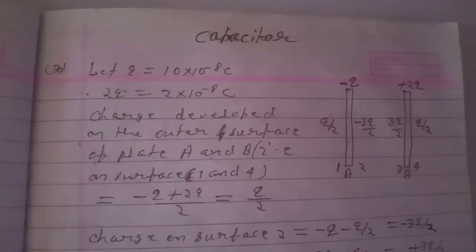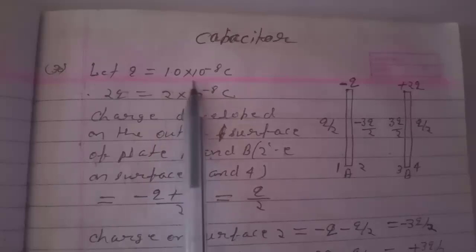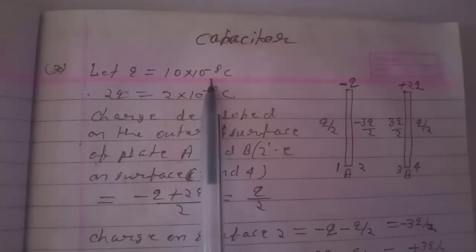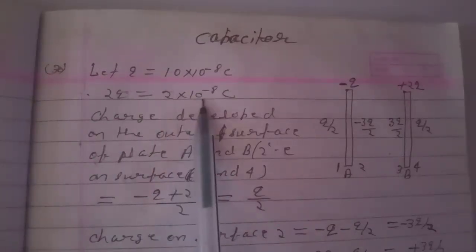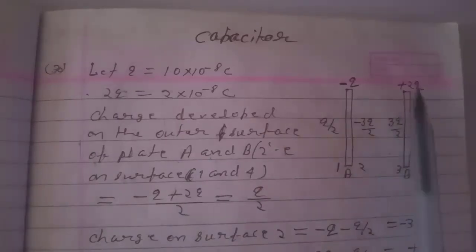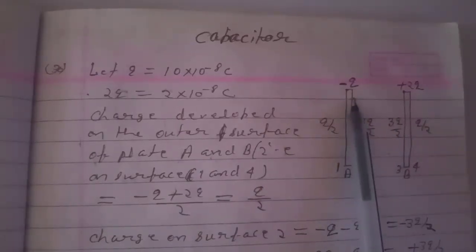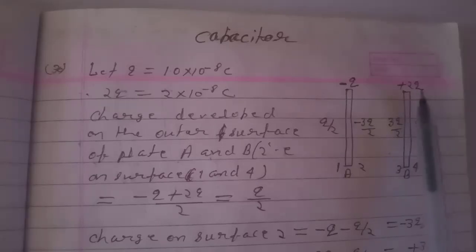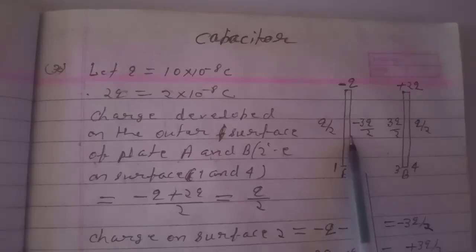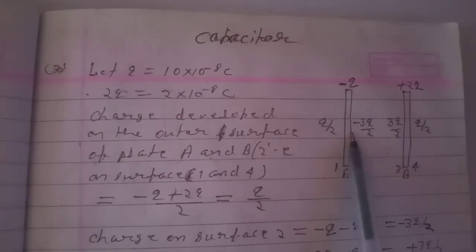Here let the Q value be 1.0 × 10^-8 coulomb. Then 2Q will be 2 × 10^-8 coulomb. Here the plates are shown. Minus Q is given at one plate and plus 2Q is given at the second plate. So the facing surfaces will have